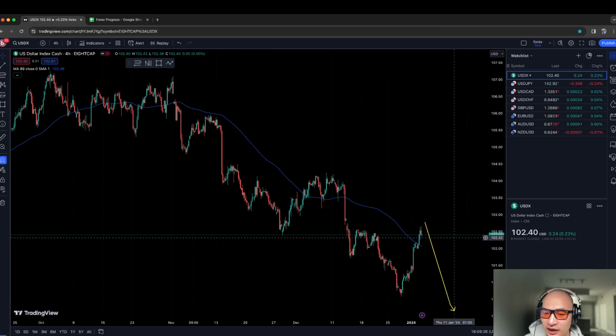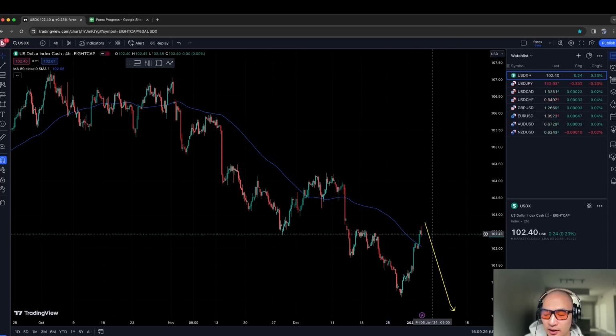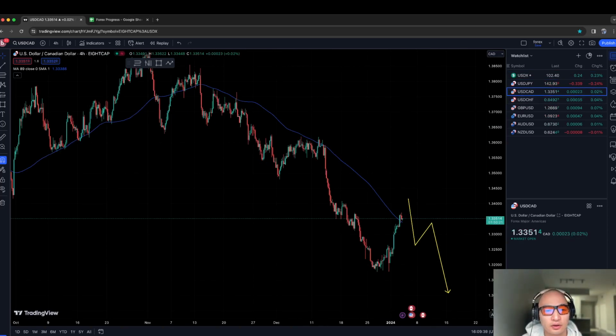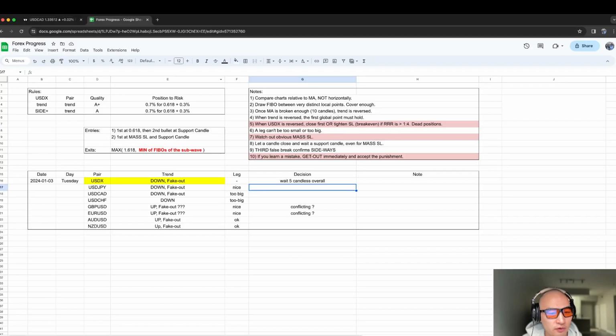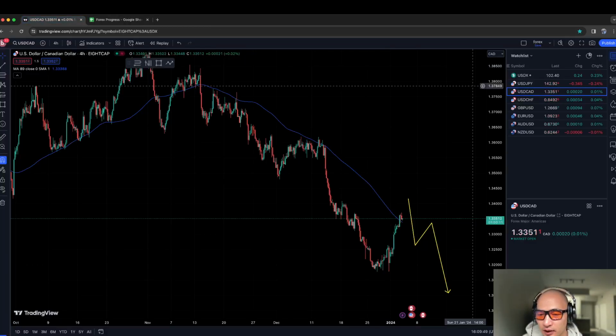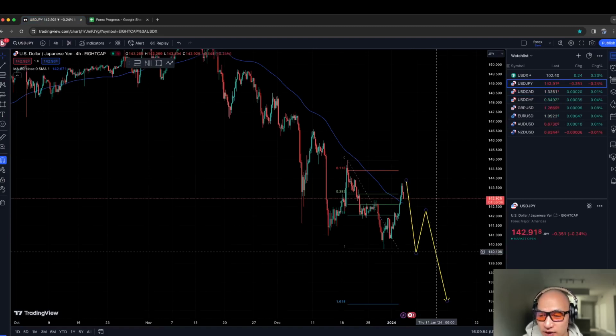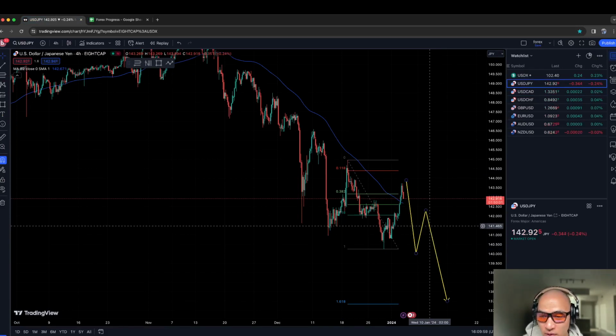So if it's still faking out and it is still in the down direction, meaning that the dollar will continue to weaken, I expect some price actions for all these pairs, right? USD Canada, USD Swiss franc, and we expect all this yellow price action. So if it really turns out that way, once it retraces and gets into the good zone, we will start selling US dollar.